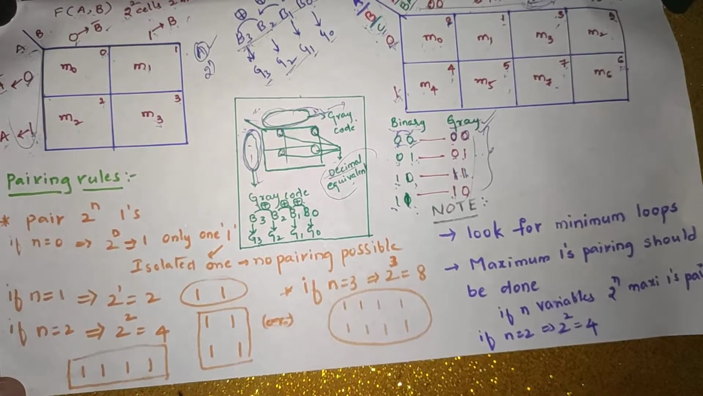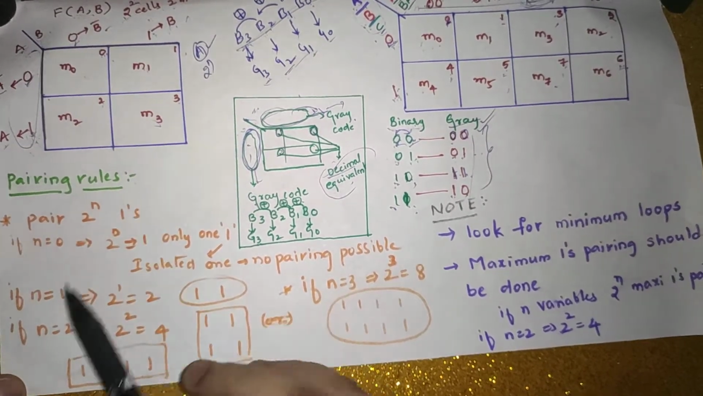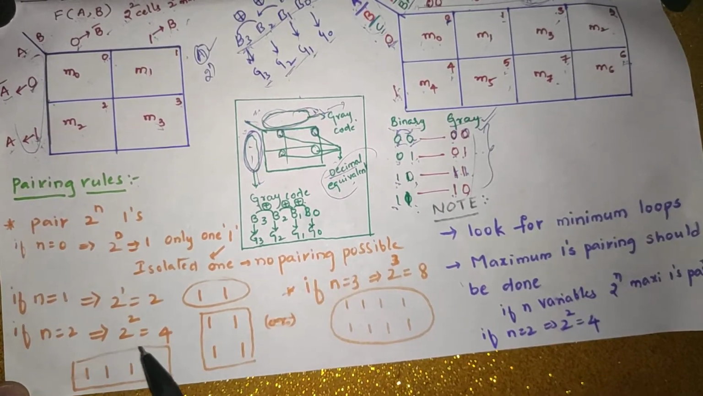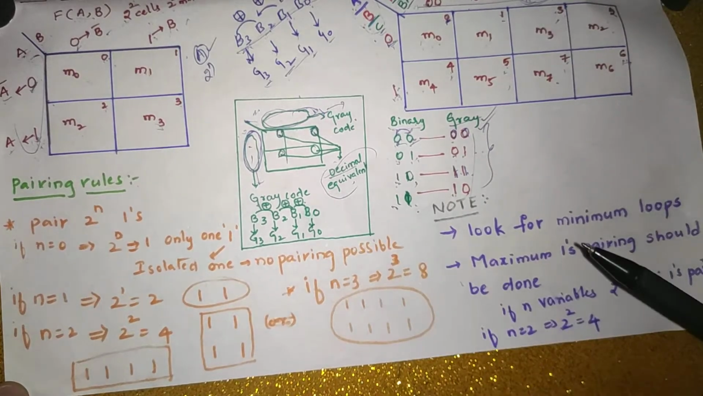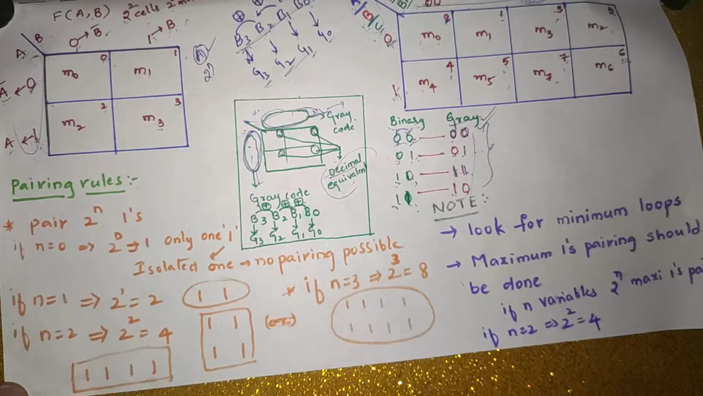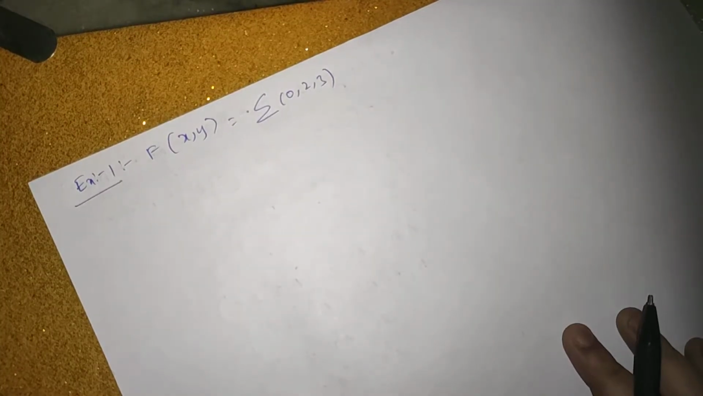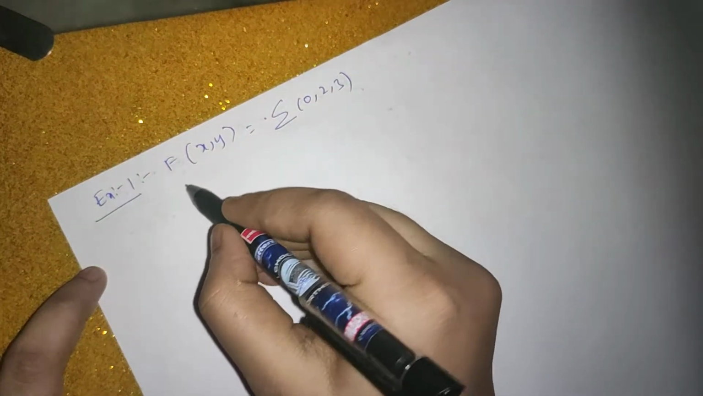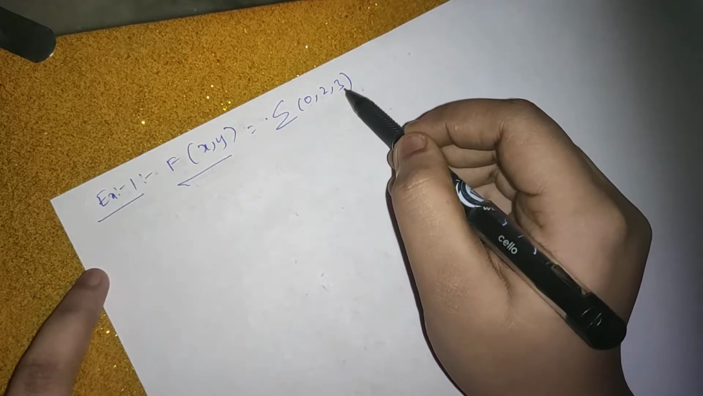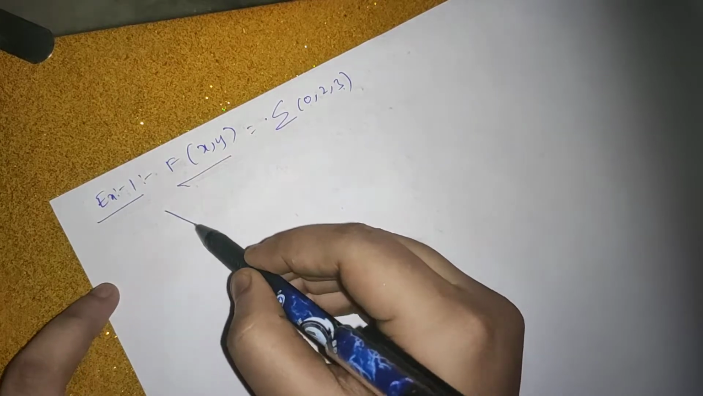So now to solve this we need to know pairing rules and these note points. We need to know this. To understand this I'll take an example and from that I'll explain these rules and these notes. Okay, note points. So example 1 is f of x y is sum of 0, 2, 3. If it is given like this, first draw the K-map,